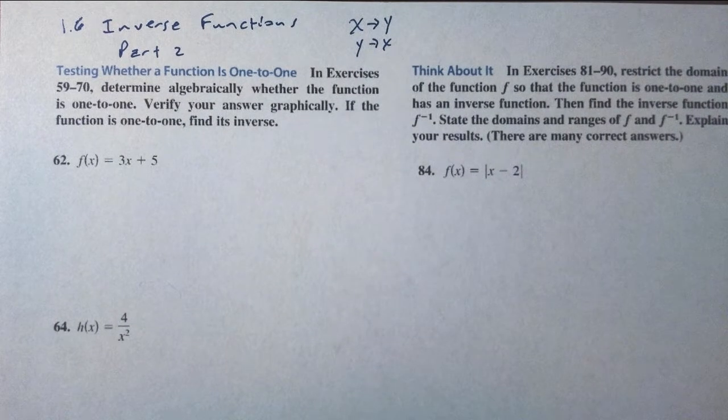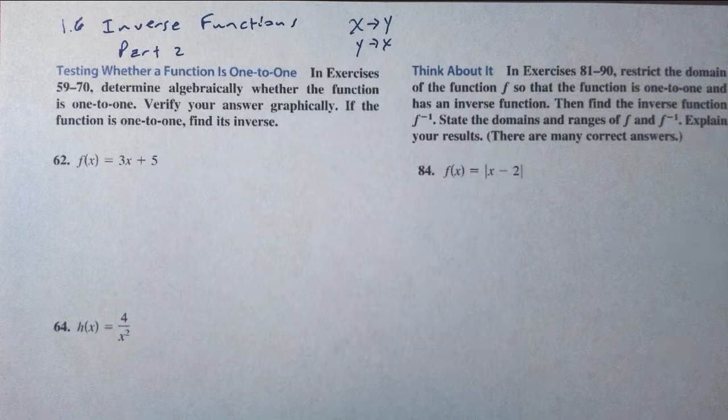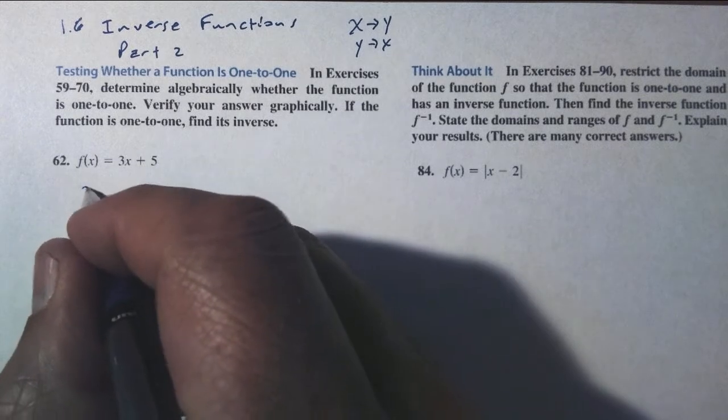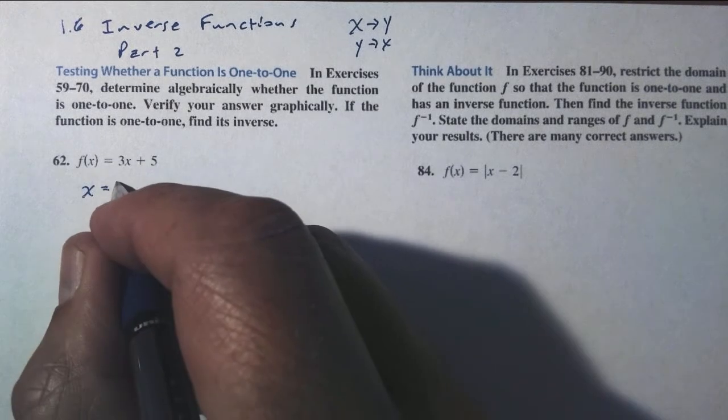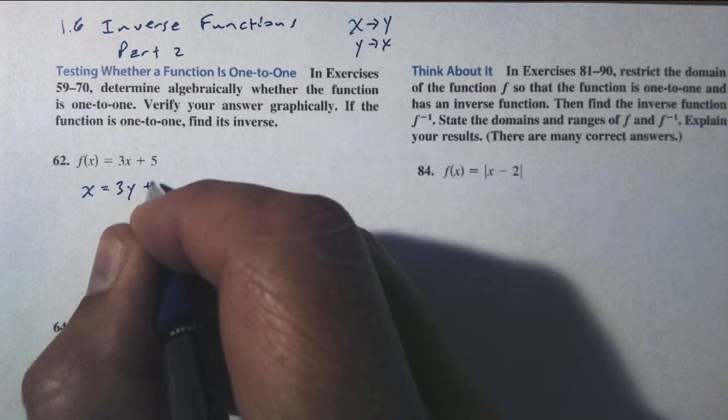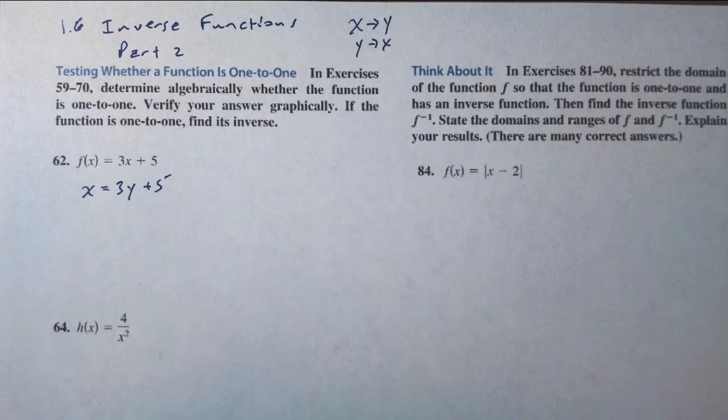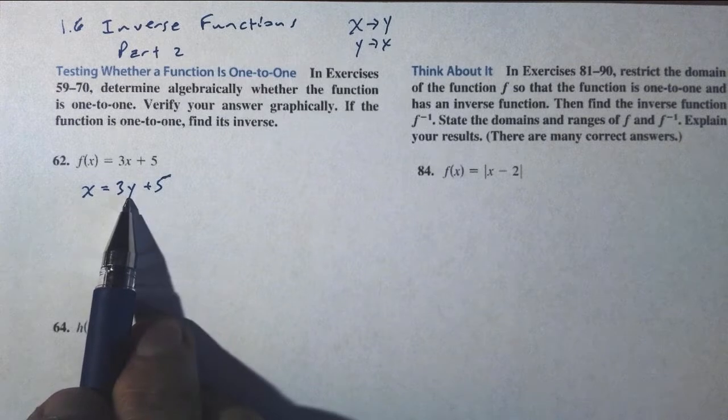Exercises 59 through 70: determine algebraically whether the function is one-to-one. So we learned that looking at the graph, we can use the horizontal line test to determine if a function is one-to-one, in the last video. For the algebraic test, we're just going to go through the process of trying to find the inverse. And if all goes well and we only end up with one solution as we solve for the inverse function,